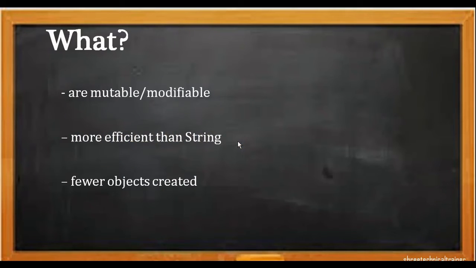So why can StringBuffer be used, and when can it be used? When we want to modify a string, we can go for StringBuffer. That's why it's called mutable, in the sense that the string can be modified, and it's more efficient than String. A StringBuffer creates only fewer objects. The main principal operations on StringBuffer are append and insert. These are the main operations. So where is StringBuffer stored? It's stored in the heap.